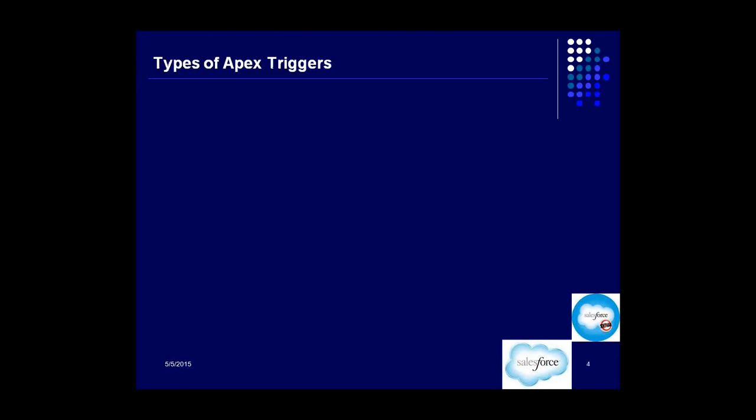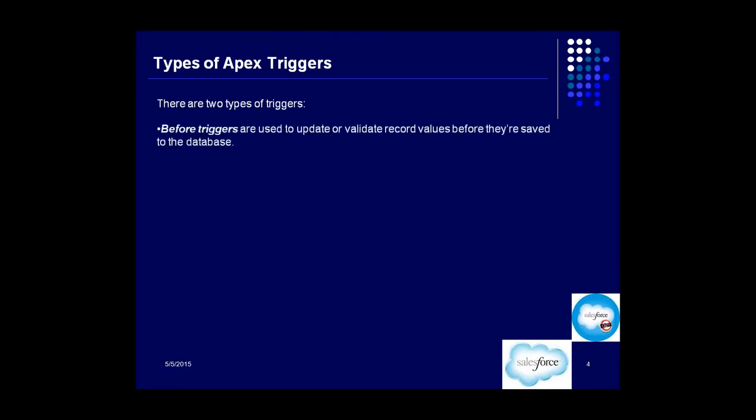Now, what are the different types of Apex triggers? There are two types of Apex triggers. All right. Before triggers. Okay. So before triggers are used to update or validate record values before they are saved to the database. So before trigger is something which executes before a data is created or updated. Okay, so it validates the data. So I can put some condition to be checked, some code to get executed, some criteria to be checked before the record is actually inserted into the database. And if it does not meet certain criteria, then I can just throw some error based on some criteria. So that's a before trigger.